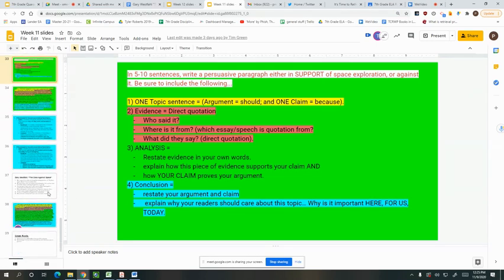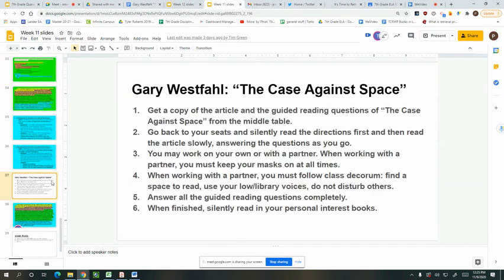Then on Friday, I believe, we read this for the first time through, which is Gary Westfall's The Case Against Space. I posted this reading up to our remote Google Classroom, so you should be able to get there.